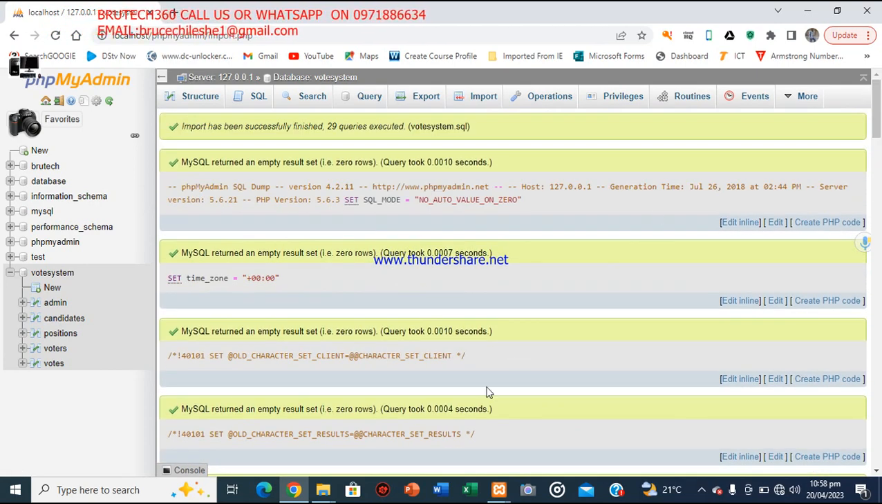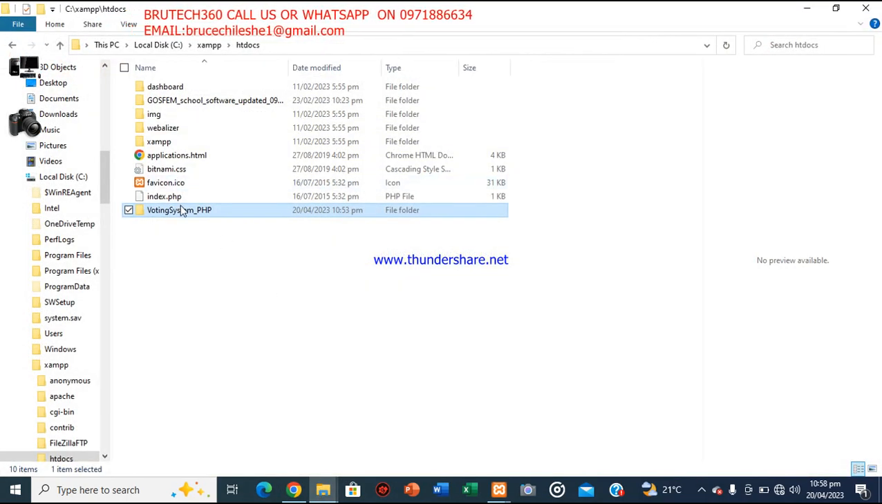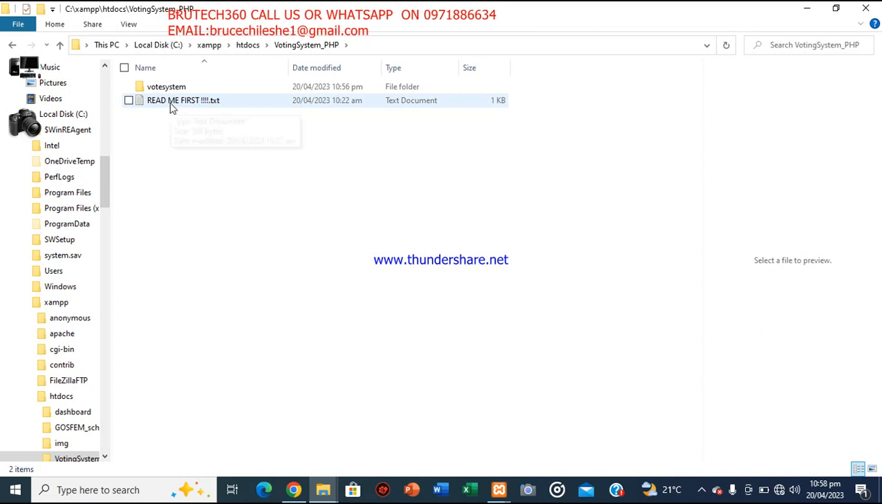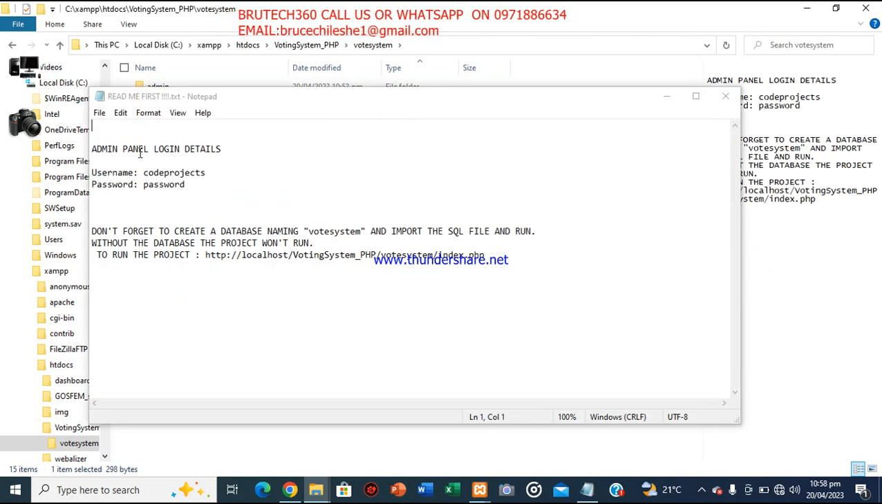So now the next step, if you look at this one, there is this file which says readme. The readme file is very important, it is the guide. So now after doing all this, we are going to use the login details, the username